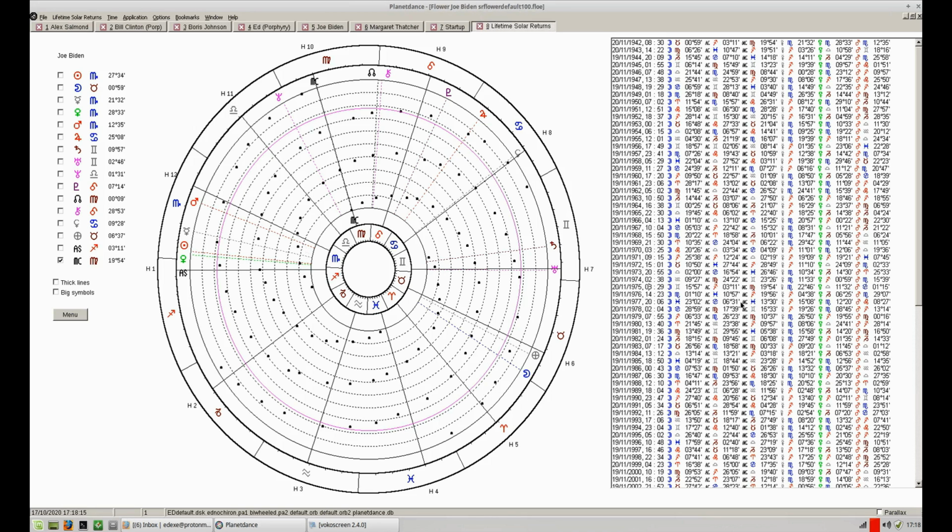To calculate that solar return, you have two options. You can go to Menu, Calculate Return, or if you prefer, Lifetime Solar Returns, Calculate Return.